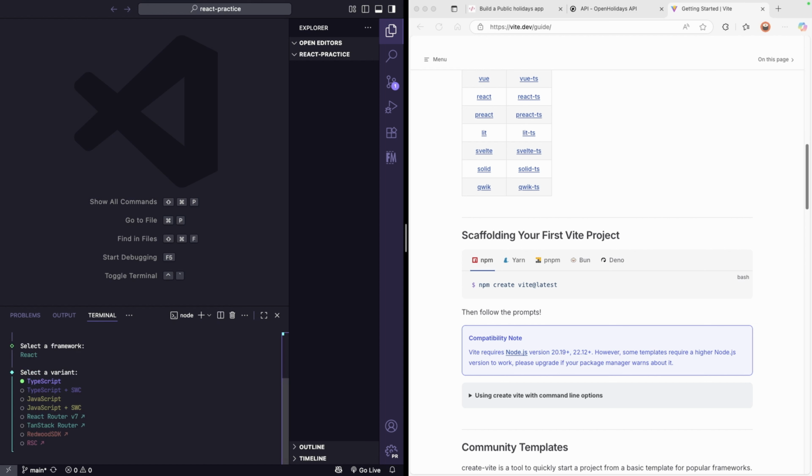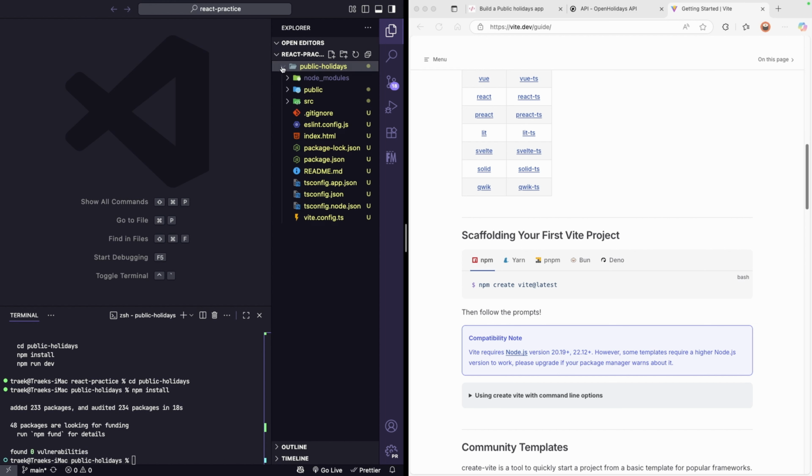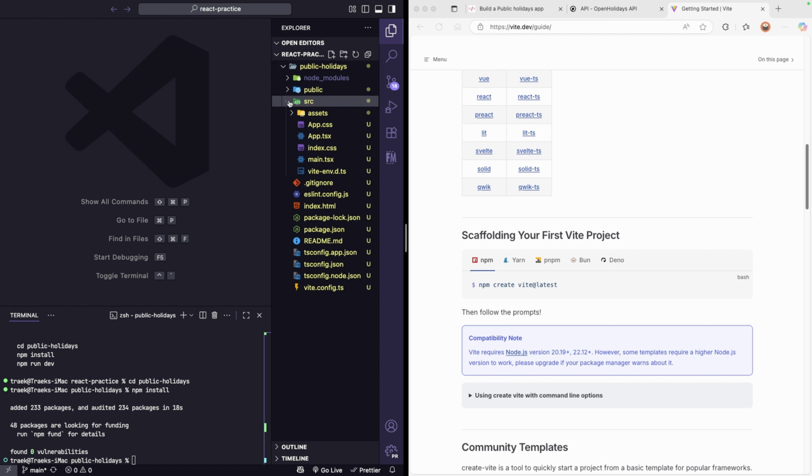So I'm going to click TypeScript. It's going to scaffold out some boilerplate stuff. I'm going to CD into that public holidays. I'm going to go ahead and npm install the required packages. All right, beautiful. So now we have a React project inside of a folder called public holidays with a bunch